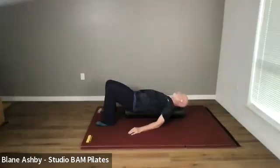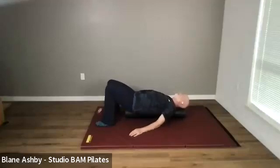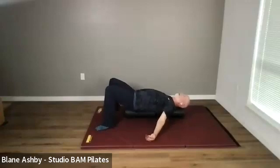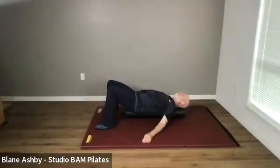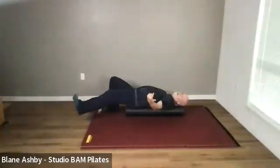From here, you're just gonna go ahead and rock back and forth on the roller, just releasing this. All right, so it could just be in this size here. Want a little bit bigger, just open up your arms and legs a little bit more. You get more back surface area of the body. If you want a little bit more than that, you float one arm, one leg up and away from the